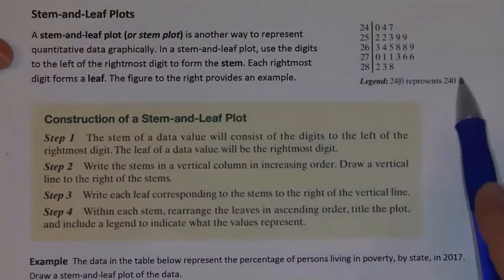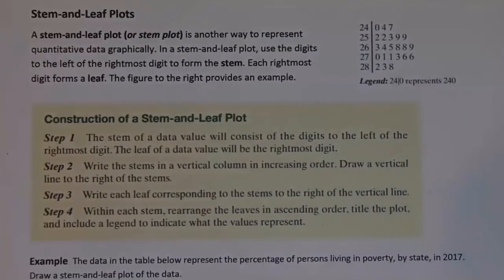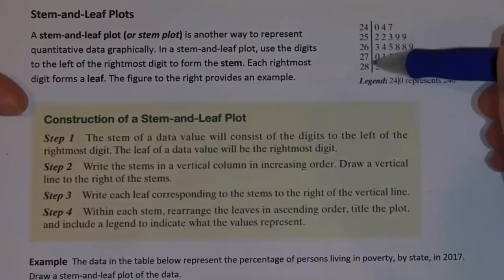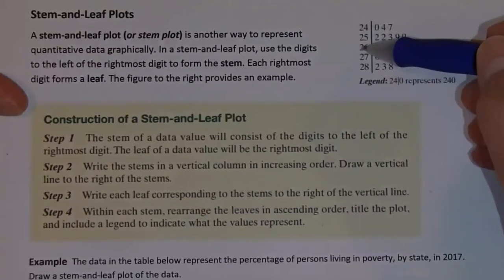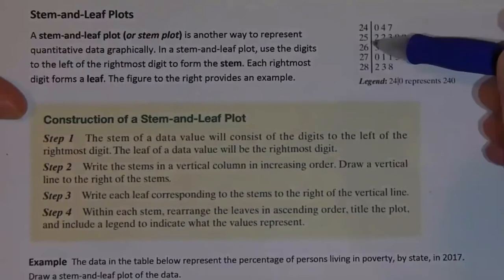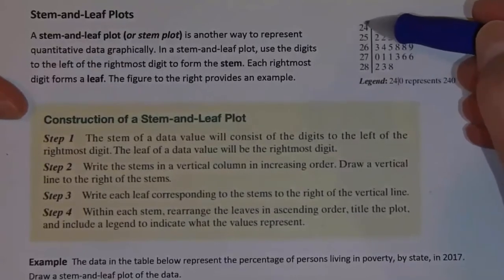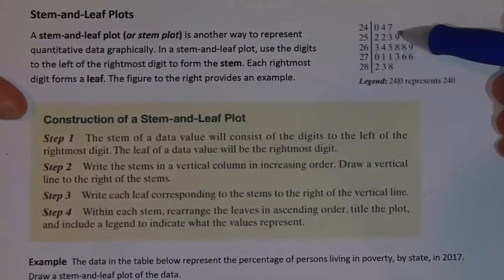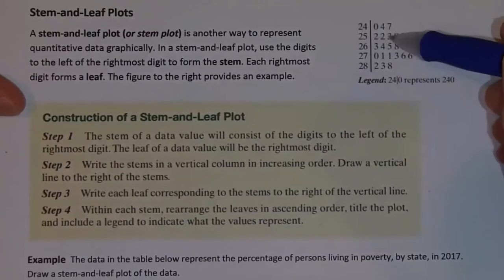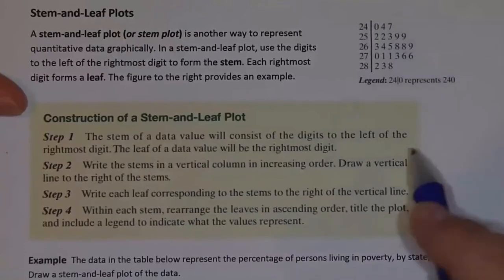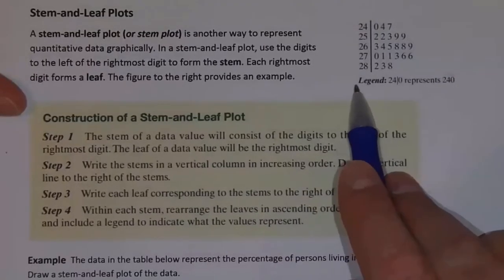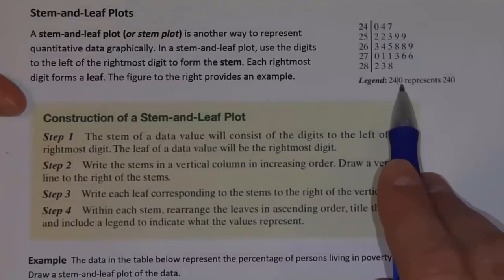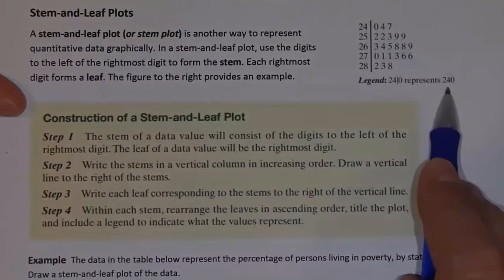So this right here is a stem and leaf plot, or a stem plot. This line right here separates the stem from the leaves. Again, the stem would be these digits over here to the left, and the leaves would be the digit that's farthest to the right. Now, what I mean by that is this. If you look at the legend down here, 2, 4, and then the line with 0 represents a value of